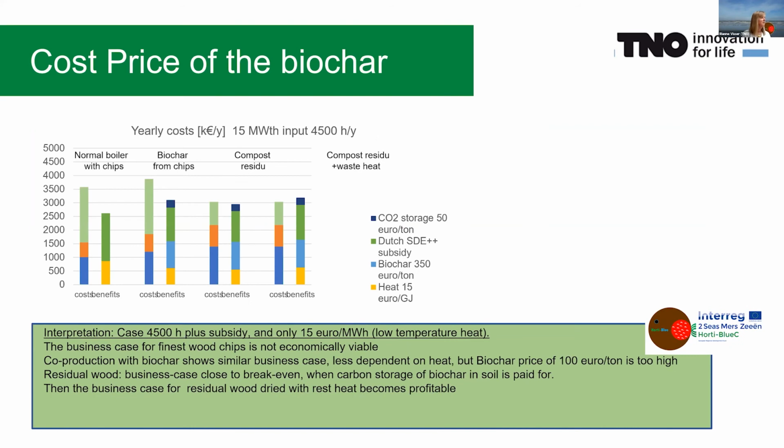Now, the downside is that we thought it would be so nice to put it at a greenhouse location, but there maybe you don't have enough hours of demand for heat during the year. Maybe you could take it to cooling, but for now we've taken 4,500 hours plus subsidy, and only this 15 euros, so the low temperature heat price. And there you see that